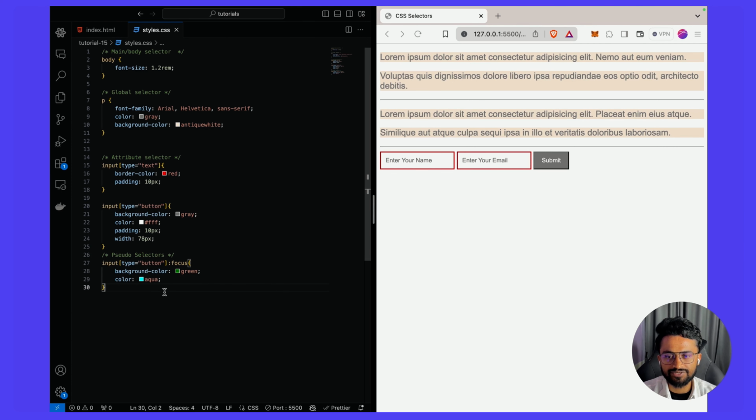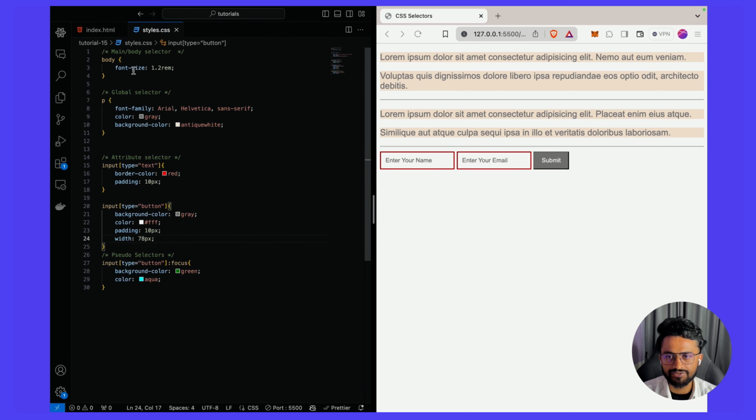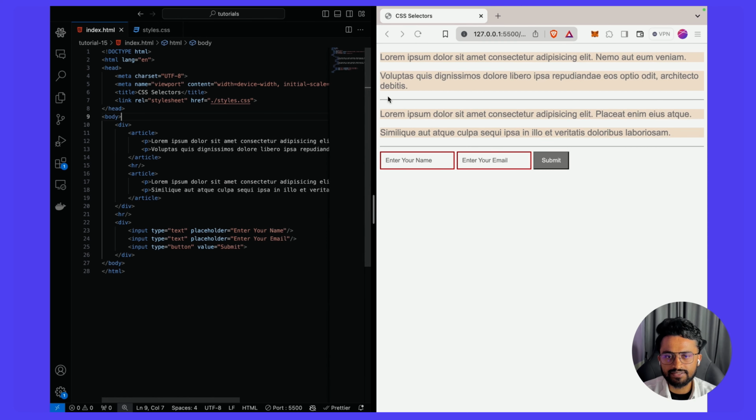So these are called pseudo selectors. There are a lot of other options you can see. We don't need to know each and everything for now, but you can see a lot of options and you can play with all the tags basically. Right. Now let's see the most important thing here, which we will be using generally. We won't be using the global and all the selectors. We will need this body tag sometimes, and then this thing sometimes. But what we will be using mostly is,